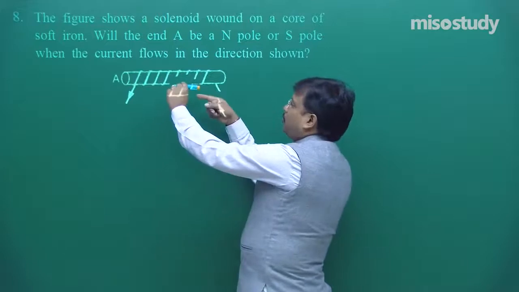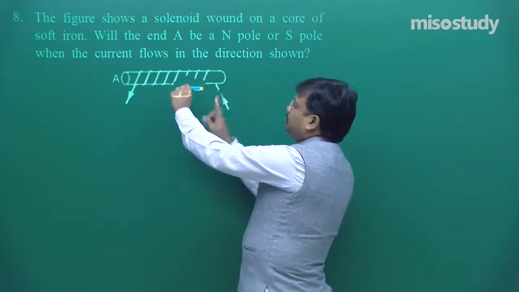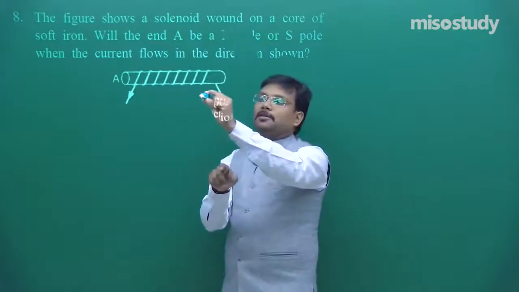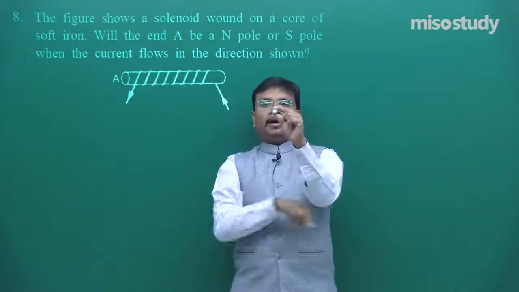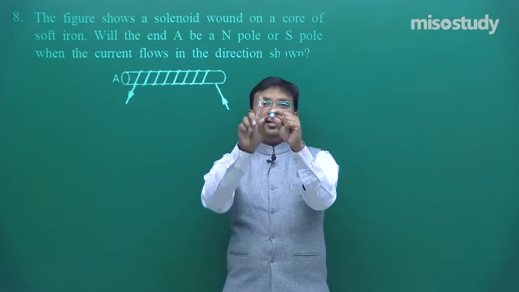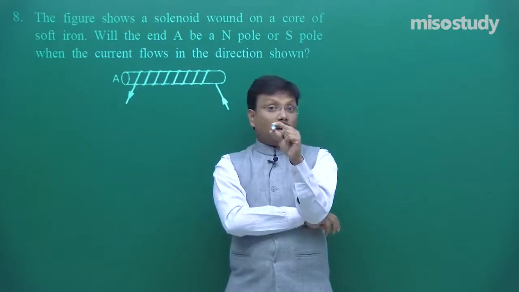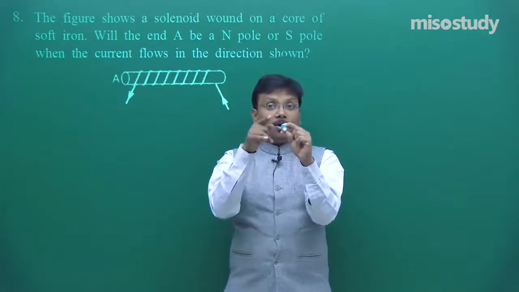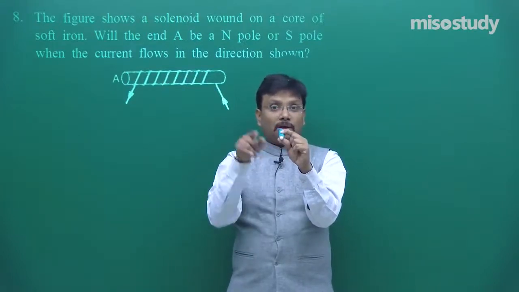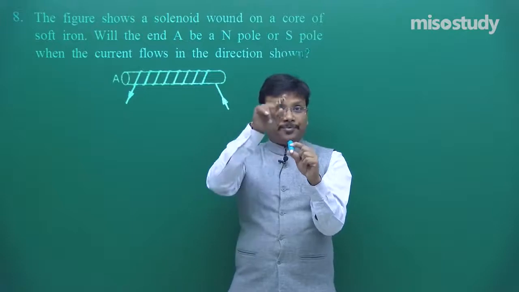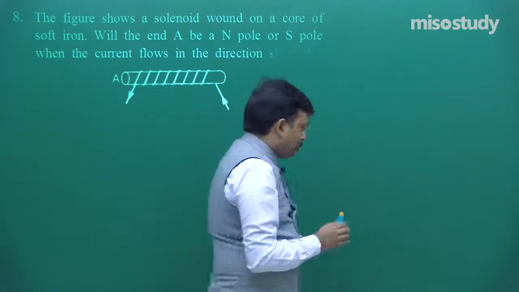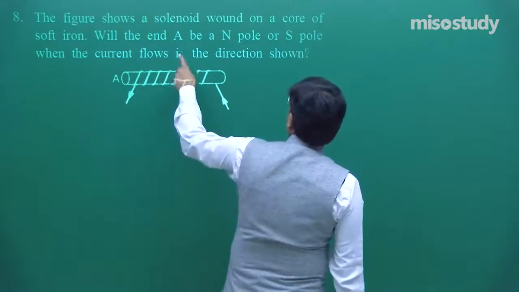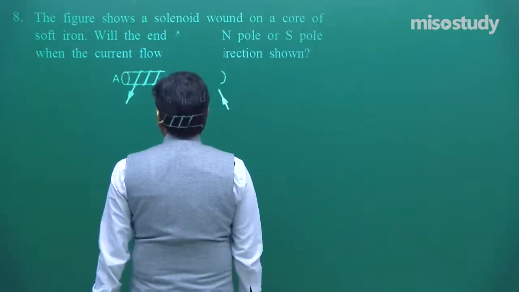So, wire is like this, the current is entering like this. Now, do one thing, move like this. Okay, current is in this direction. Clock face rule, in one of my videos I explained the clock face rule, this way north. So, you have to provide the answer of this situation. So, end A will act as south pole,